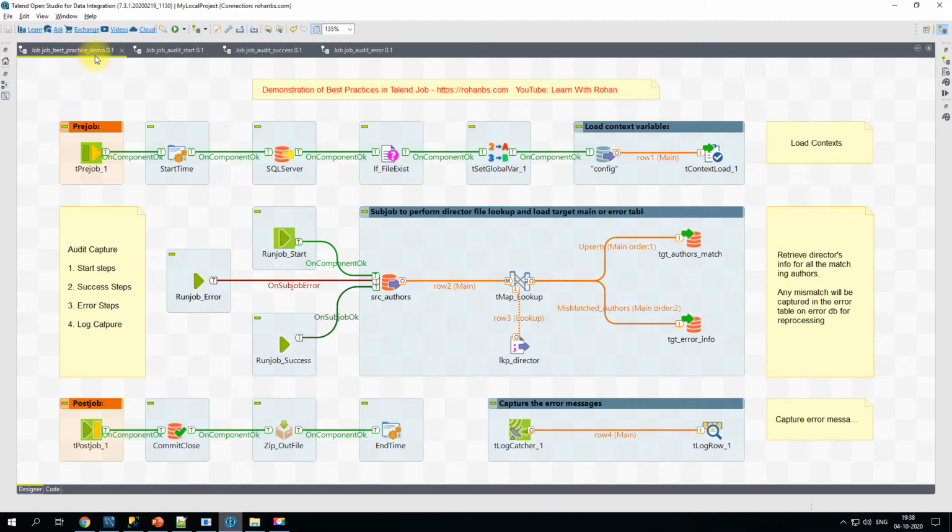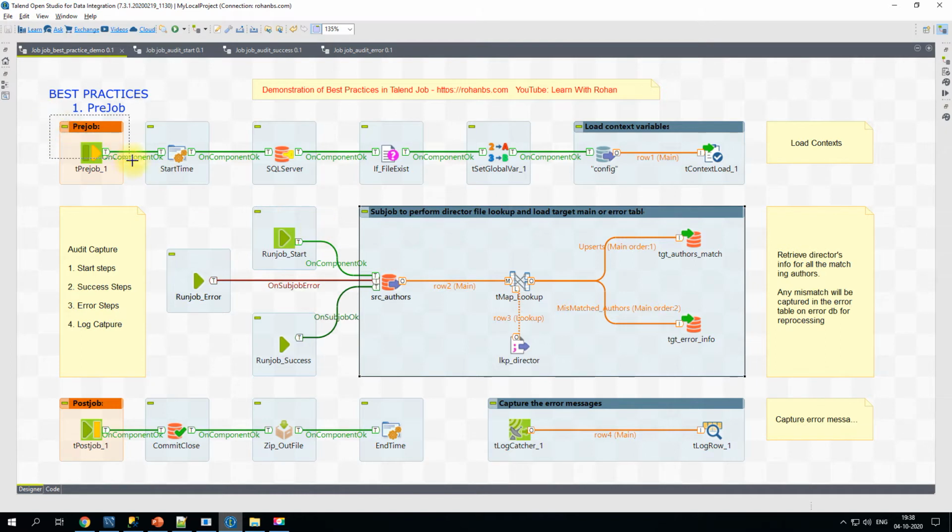I'm on the Talend Studio now, and I have a job to demonstrate the best practices in Talend. So starting with, we have a pre-job. This component indicates that all the tasks that are connected to this component are executed before the main subjob is executed.